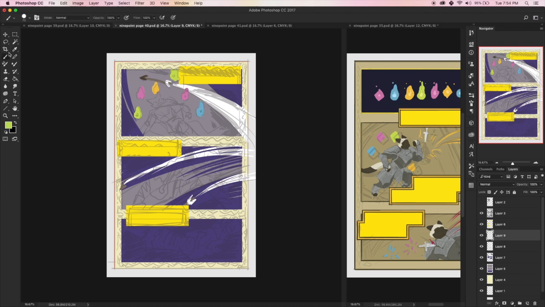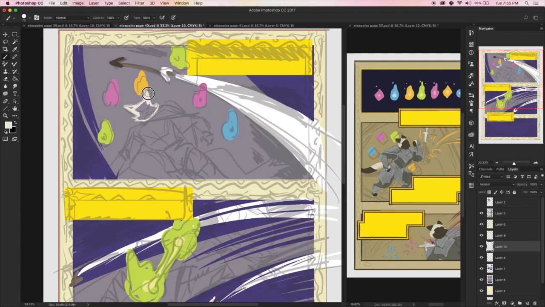Number 3, make sure to give your text breathing room within the bubble. Don't cram the text right up against the outline or the edge of the speech bubble. Don't let the text hang out the sides of the bubble. Your text needs room. It needs a container so that it's easy to read. It doesn't get mixed up with the background. It keeps it nice and legible. Just make sure it has a good amount of room around it. Not so huge that your text is super tiny, like a little island in the middle. Just give it another line of head space above and below and on the sides,